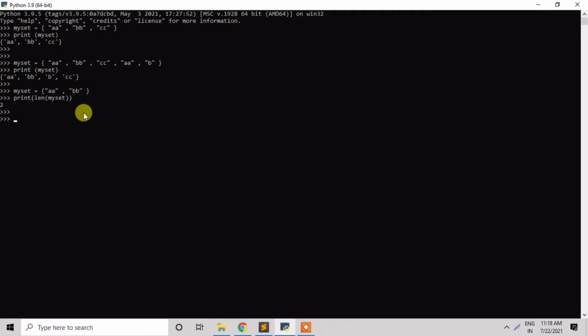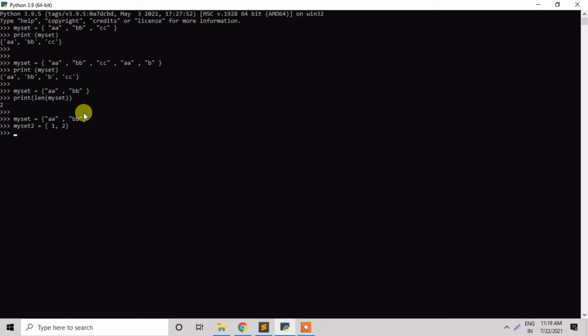Another example is I am taking a variable mySet equals, in curly braces, and then I am writing the values of the mySet variable. Suppose my values are A and B. My mySet2 variable has the values 1 and 2.